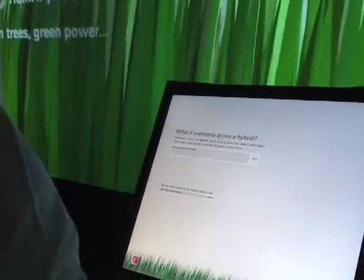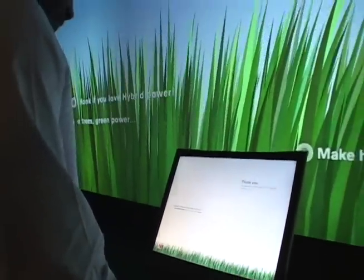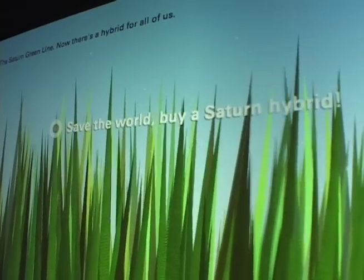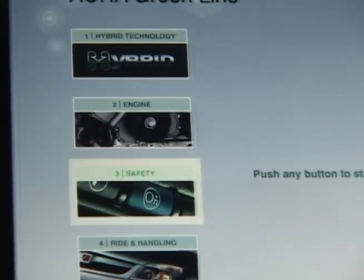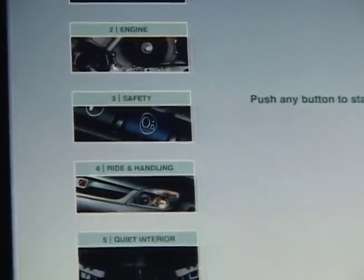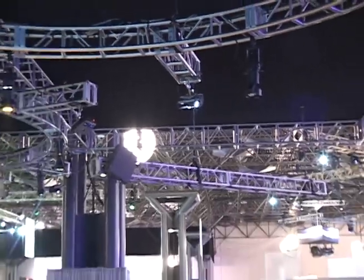The whole hybrid Green Line program is a key element at a point in time where people are paying attention to this type of thing. And it's doing it again in a very clear manner, so it's taking back the ground that companies like Toyota think they own. It only kind of amazes me how seamless the projection is on the actual structure of the